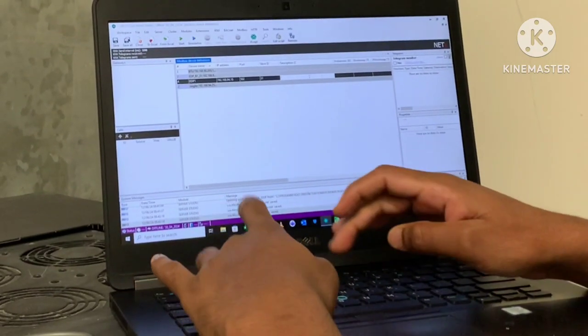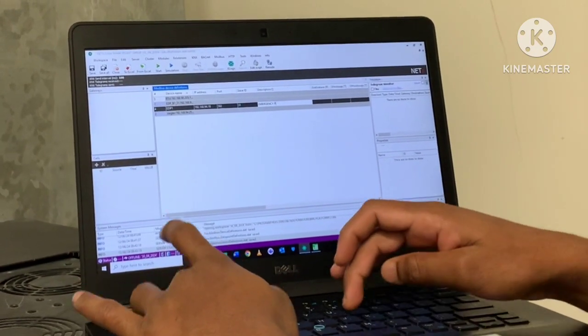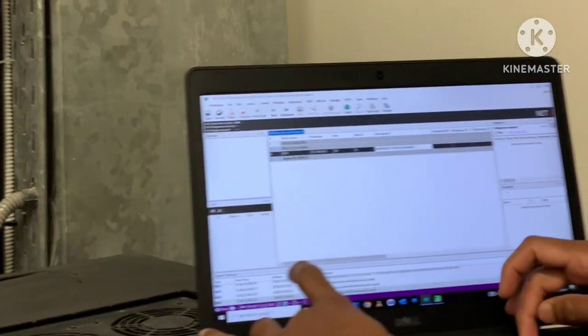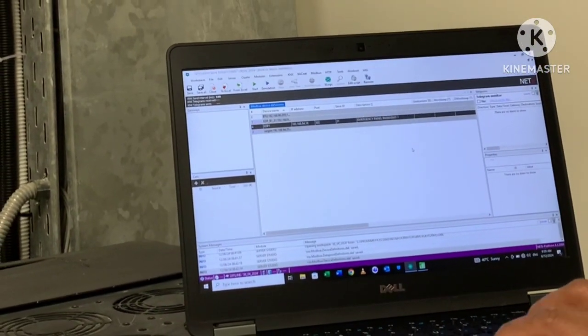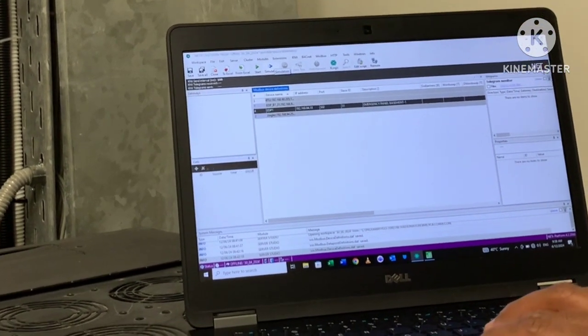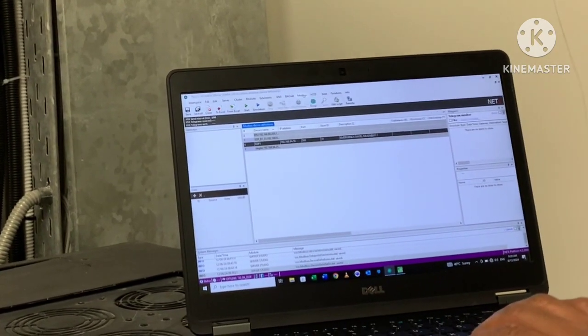Suppose emergency panel, basement 1. Okay, this is the panel located in basement 1. So I can write any description as per our need. So just save. And now when you click on the Modbus, there is